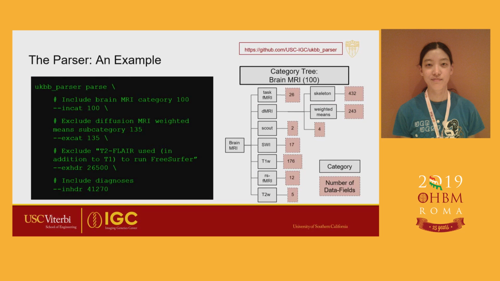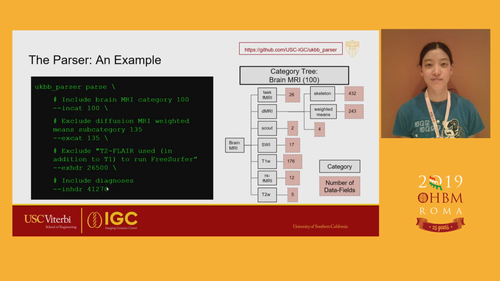So this is an example. We've seen this before, this brain MRI category tree, and if we wanted to take a look at some very specific set or even some larger set of that, we could say, out of the entire spreadsheet, just give me this in category 100, and that'll give me this whole set. If I say, well, I like most of this except maybe this tractography-based weighted means of diffusion metrics, I can exclude that specifically like this, using this XCat flag, and I can do the same thing with data fields